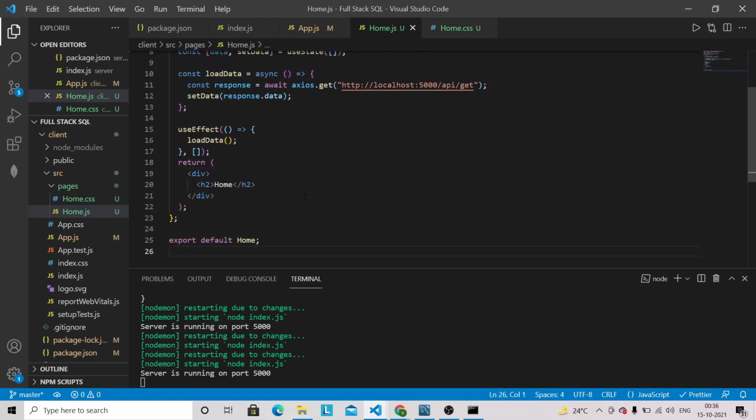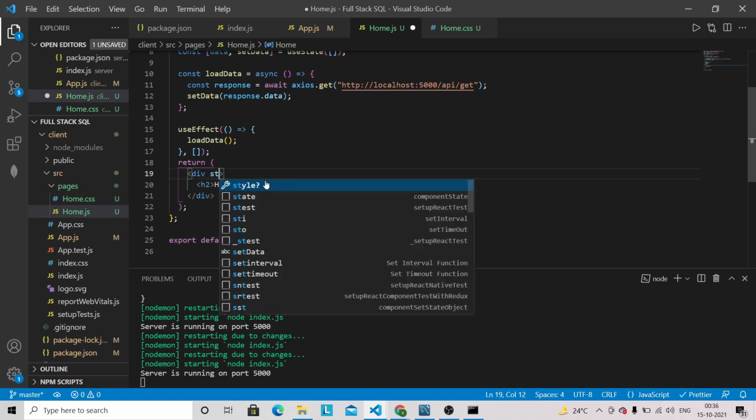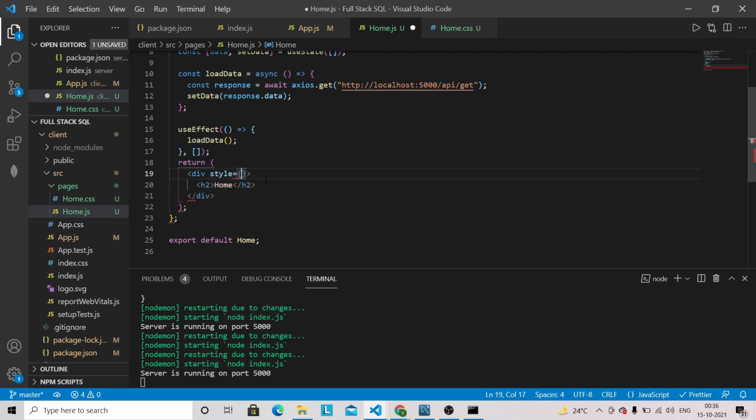So next thing we have to work on is our return section. So it will have the style, margin top 150 pixel. So some of the styling I will apply inline only, and the rest of the styling will go into the home.css file.